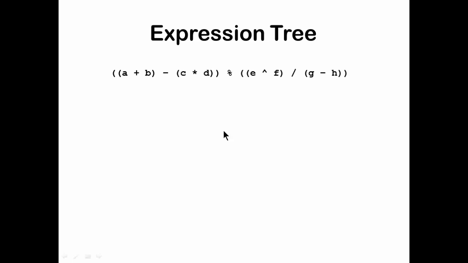Right? So let's see an example. If this is the expression, how many operators are there? There is 1, 2, 3, 4, 5, 6, 7 operators. Among these 7 operators, which is the operator with the least precedence? Since brackets define the precedence here as well, plus, multiplication, exponentiation and minus have the first preference. Then in the second preference, this subtraction would be evaluated, then this division would be evaluated, and at the last this modulus sign will be evaluated.